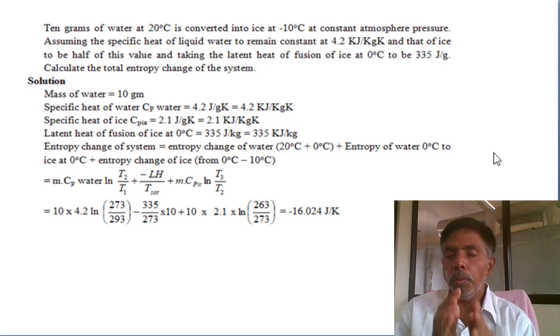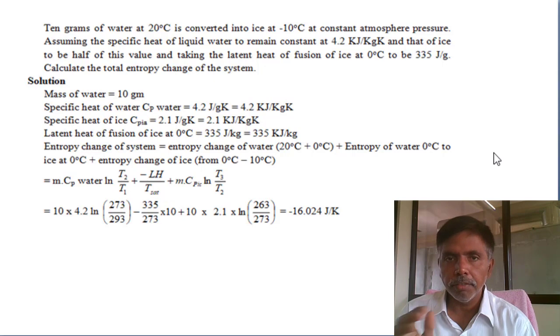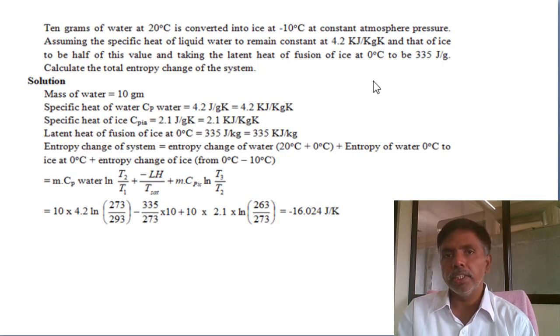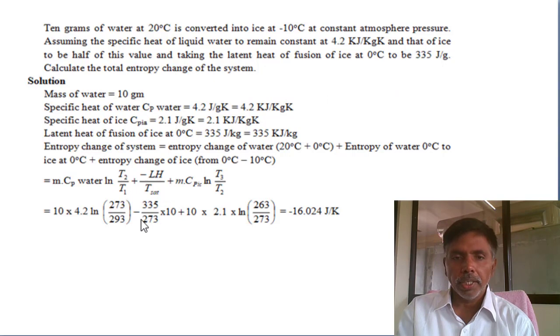Second, how many phases are there? First divide the phases. First the liquid phase, 20 to 0 degrees. Write the equation m Cp ln T2 by T1. T2 is 0 degrees, meaning 273, initial 20, 293. Next, 0 degree water to 0 degree ice. So latent heat, so minus 335 by